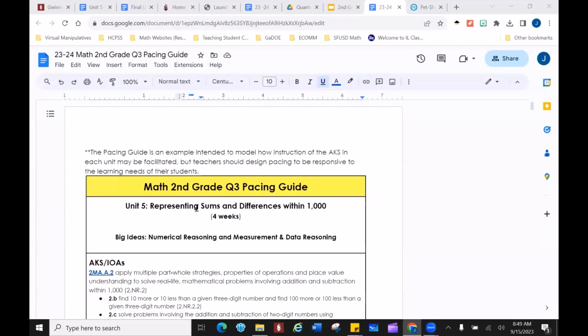At the top of the pacing guide, you will see the name of the unit, the big ideas for the unit, and the suggested pacing. This unit will focus on representing sums and differences within 1,000, and the suggested pacing is 4 weeks. The unit consists of